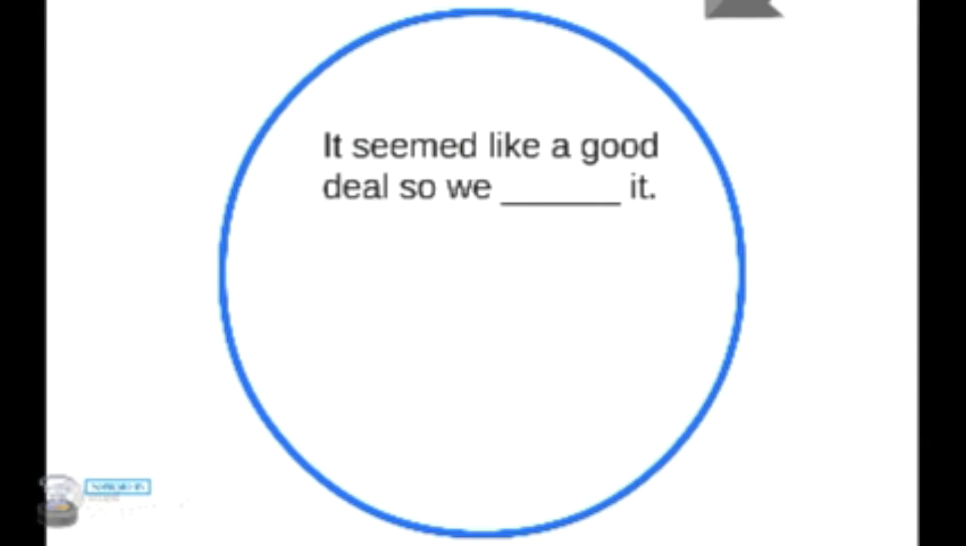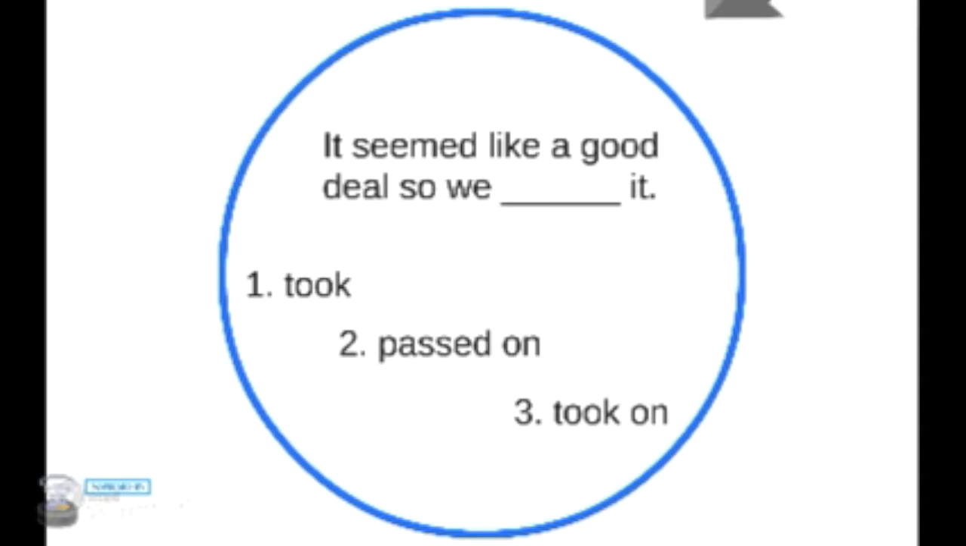Next, it seemed like a good deal, so we it. So we took it, so we passed on it, or so we took on it. It seemed like a good deal. A good deal means, well,